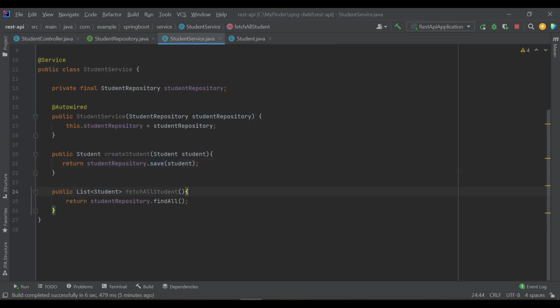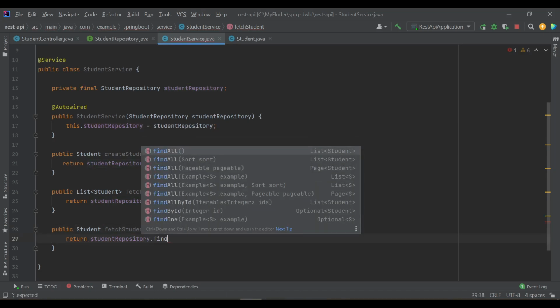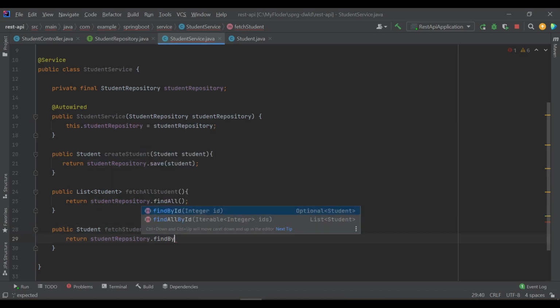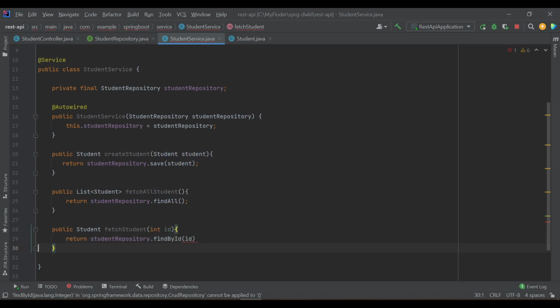So for now, let's create one more method. I will use fetch one, and we will test these three methods first, then we'll create other methods. Let's use this student fetch. I will keep fetch student, and here you need to pass the int id, which I will use find by id, and specify the id here.